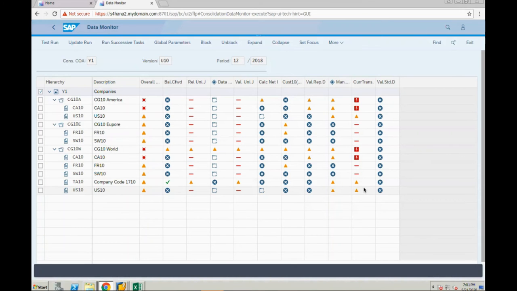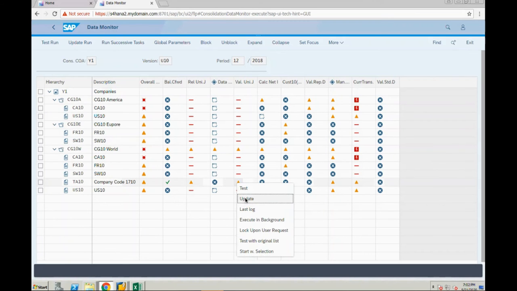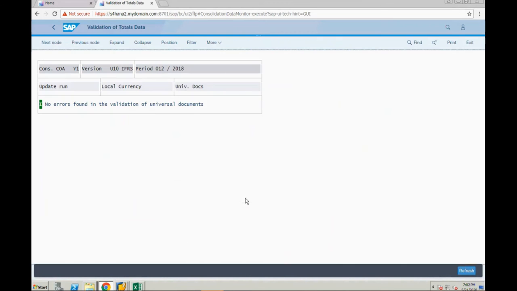So for that purpose, you need to validate the data. For example, this task is validation of SAP company's data. No errors found. You should get this message.